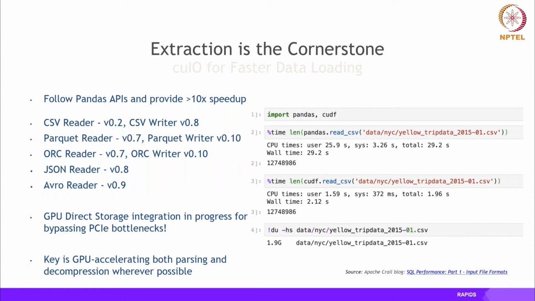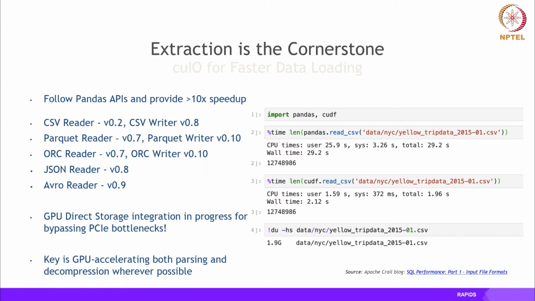There is another package which is very key for faster data loading, which is called cuIO. cuIO is basically an API which provides you functionalities for reading files or doing IO operations, like reading a CSV file. There are different kinds of readers, like the ORC reader. If you have a JSON file, then you read a JSON file. And behind the scenes, it supports very high speed read functionality and lower latency using certain features like GPU direct storage. It basically bypasses a